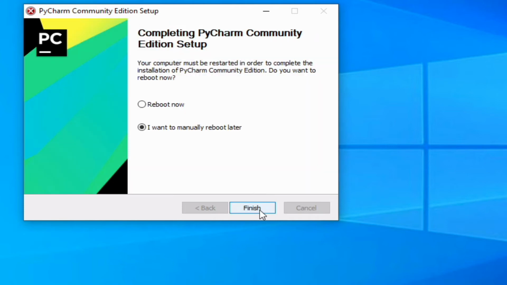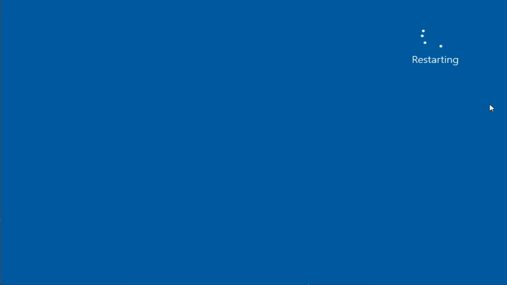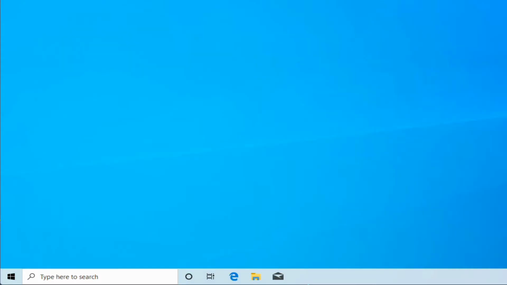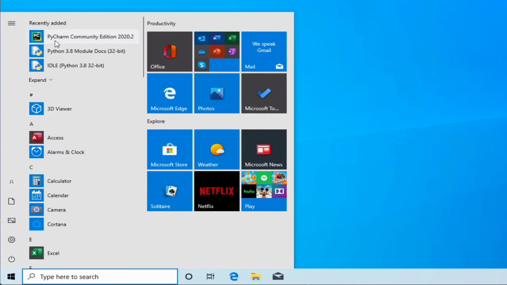Okay, so it's ready. So we're going to have to reboot the machine. So I'm going to go ahead and reboot it, and I'll come back to you when it's rebooted. Okay, so now we're rebooted. So you'll see that you can start it from the shortcut here. You'll see it now shows up in the program list for recently added, and it's added the PyCharm, and then